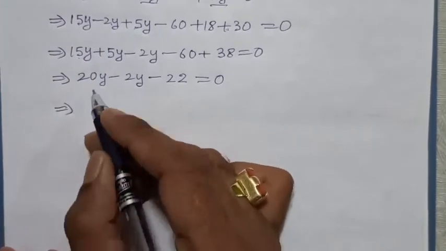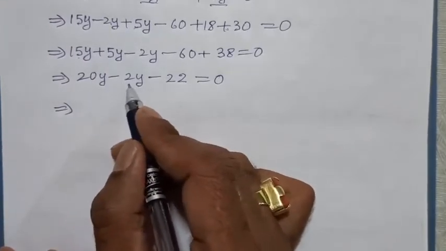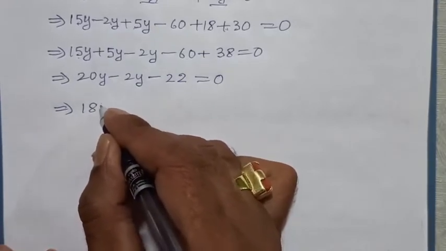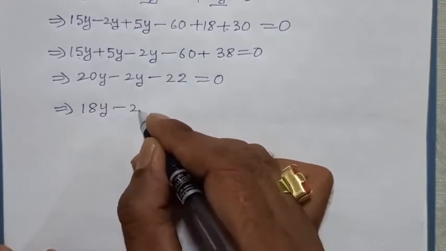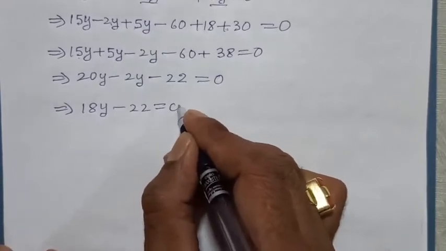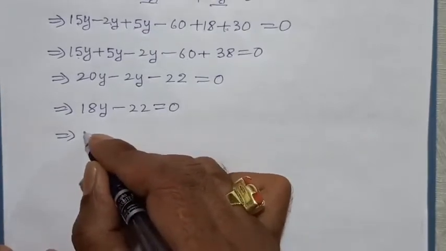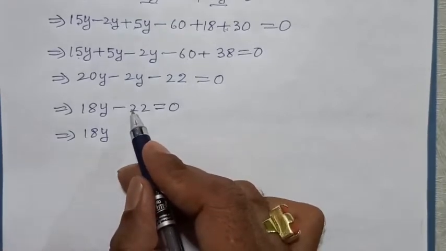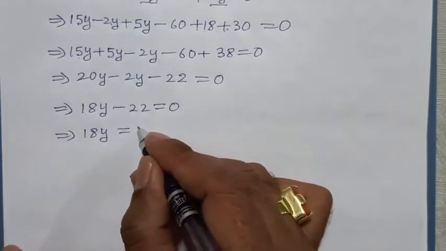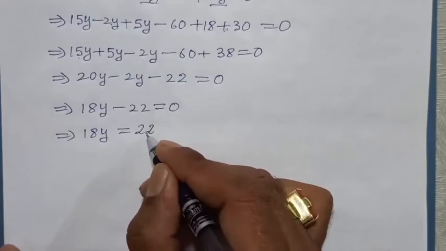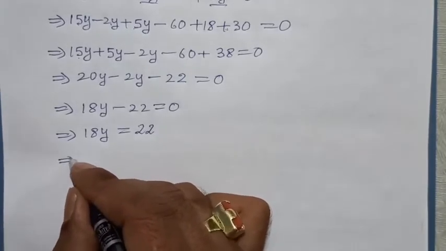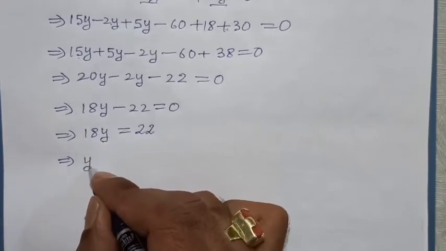Next steps. 20y minus 2y, the signs are different, so if we subtract, we are getting 18y minus 22 is equal to 0. 18y minus 22, if we are transposing to the other side, then sign is changing, then we will get 22. This implies that if we want to find out the value of y,